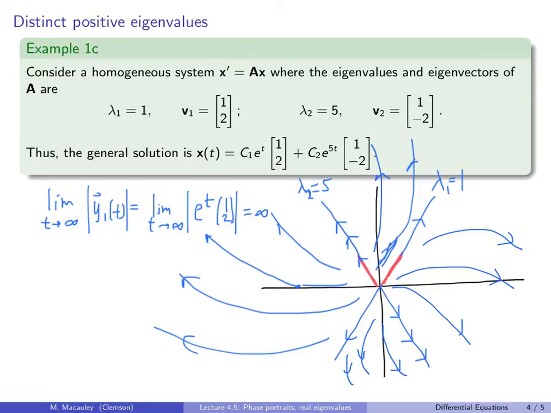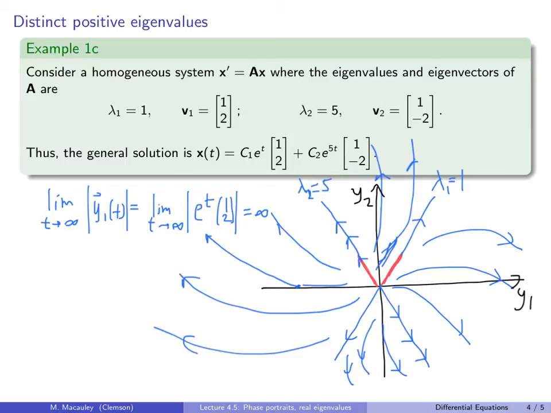Okay, so notice that if I were to swap the signs of these, if I were to make this -1 and make this -5, then the phase portrait would be exactly the same. I should label my axes, except the arrows would be reversed. And if this one is -5, then this one is going to go to 0 a lot quicker than the other one. So I would draw more arrows on this line than this one. They would just be pointing in, and then my ball that starts here is going to fall this direction faster, so it's going to bend in that direction. So again,